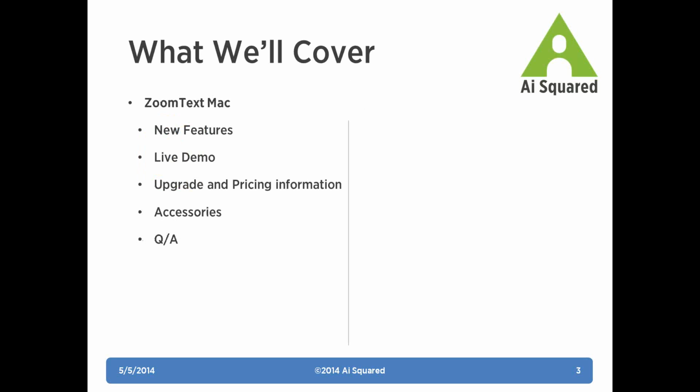So this is an outline of what we're going to cover. Really what we're going to focus on today are the new features. We're going to talk about the Focus Echo, Mouse Echo, and WebReader features. I'll give you a live demonstration. And then we'll talk about the upgrade information as well as pricing, the accessories we sell, which are the large print Mac keyboards and keyboard overlays. And then we'll also have time for question and answer at the end. All right, so I'll talk a little bit about what each feature is and then demonstrate it to you